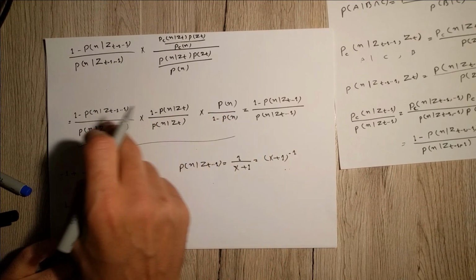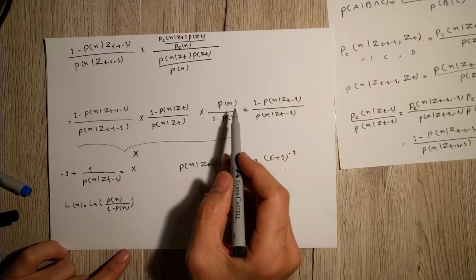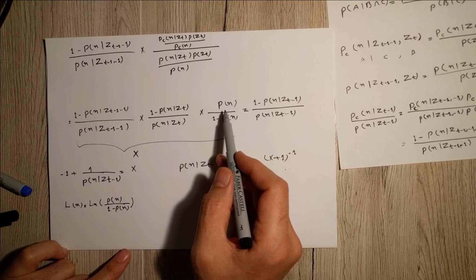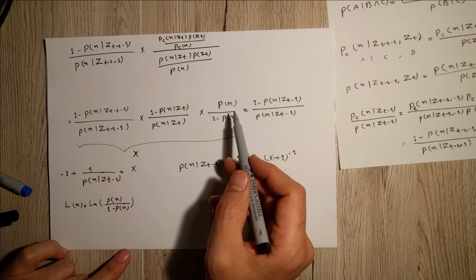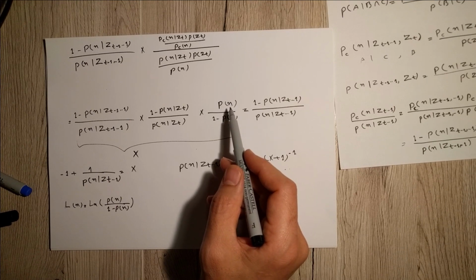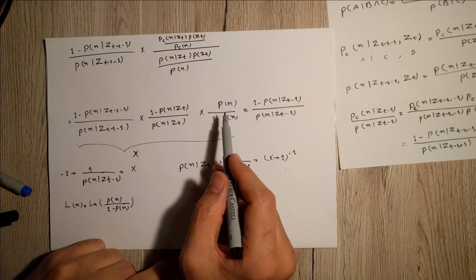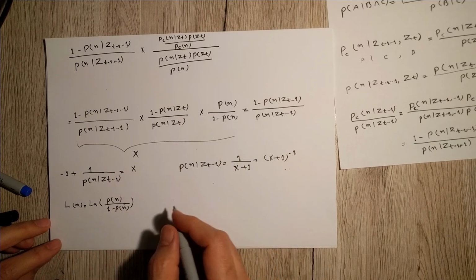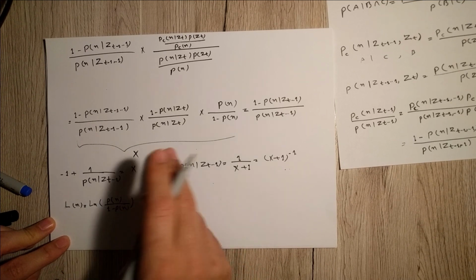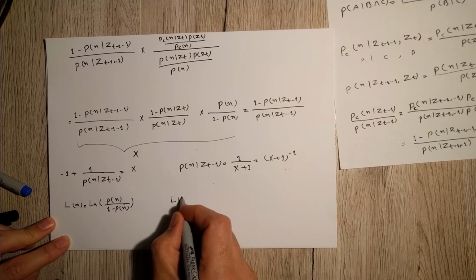If you look at these 3 terms, this guy is the probability of n over its complement. And at the beginning, we don't know if one node is free or occupied. So the chance is 1 over 2. And this term will turn to 1. And the logarithm of 1 is 0. So it will make it 0. So we have only 2 summation terms, so L of n given